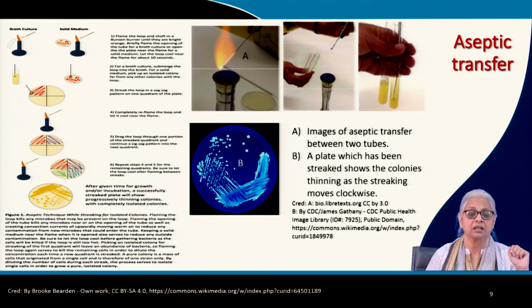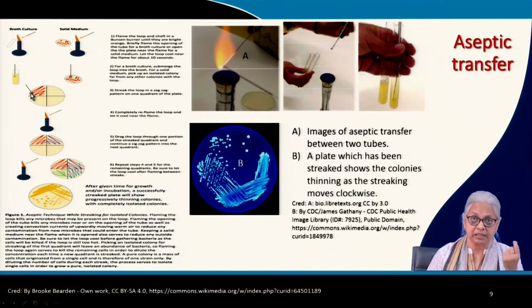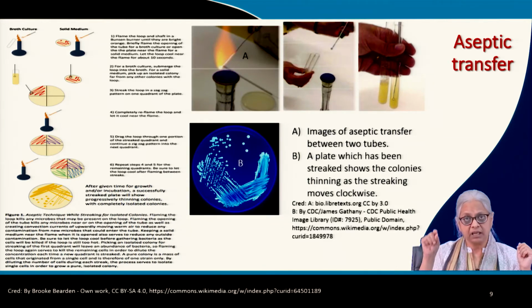Remember, everything is sterilized except the loop, which contains the pure culture or even a mixed culture. From this loop, at the end, it's a single streak that is used. At the end of the loop, you will have the most diluted concentration of cells. That little concentration is then used to further streak it, and the direction changes. So you can see how it's done.